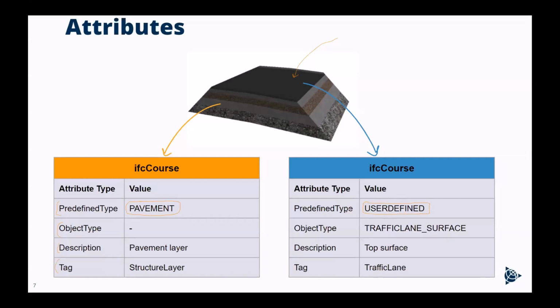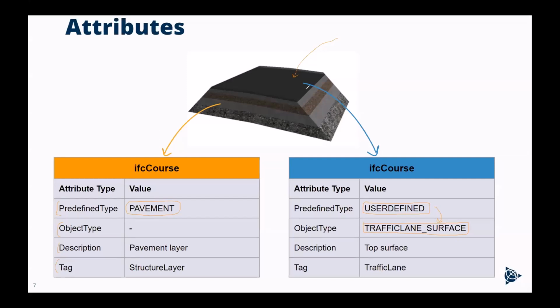And if you have the predefined type as user defined, then you can create your own object type. And this is also the place for everyone who wants to extend the IFC schema with their own taxonomy. Object type is the place which we can use to define our own, let's say, object